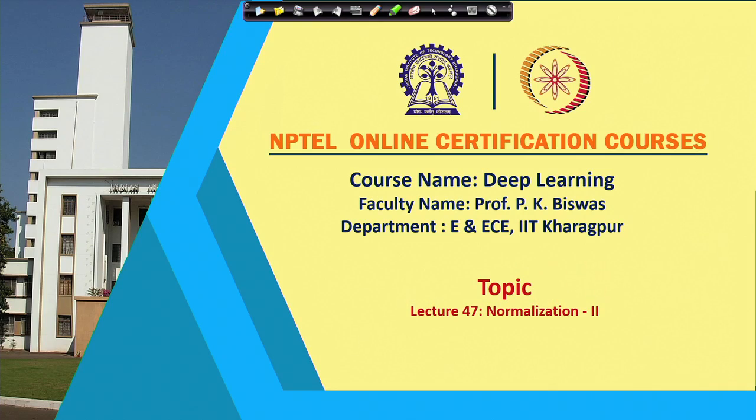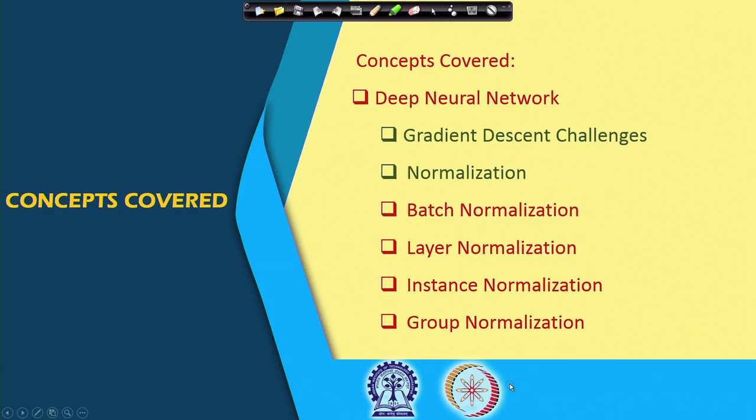Since our previous class, we are discussing normalization, and in the last class we discussed the role of normalization, why we need normalization techniques so that your classifier design can be faster, or the training of the classifier can be faster and the classifier can be more stable. Particularly, we have taken an example